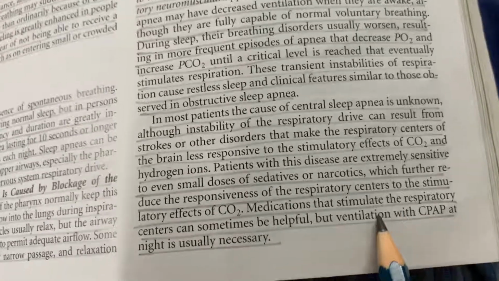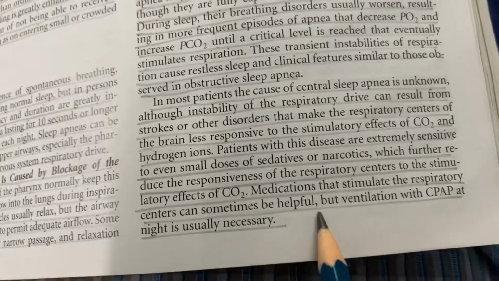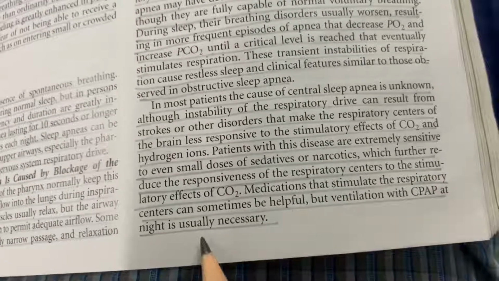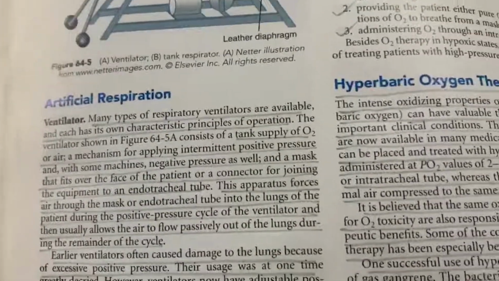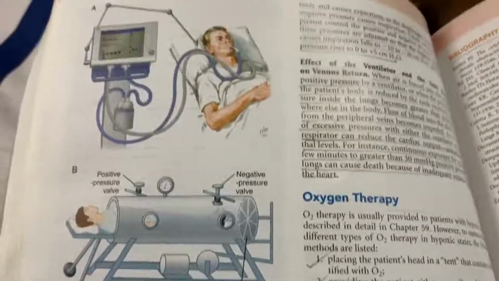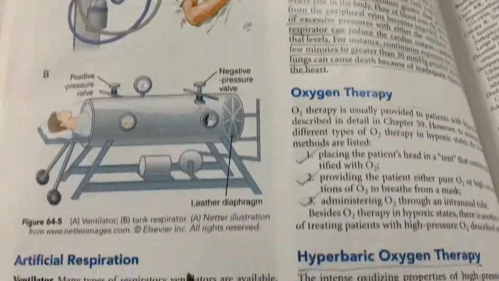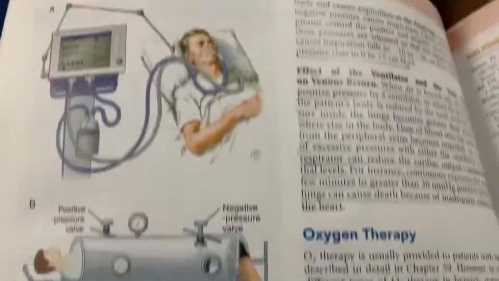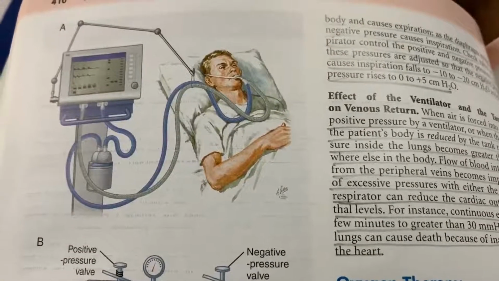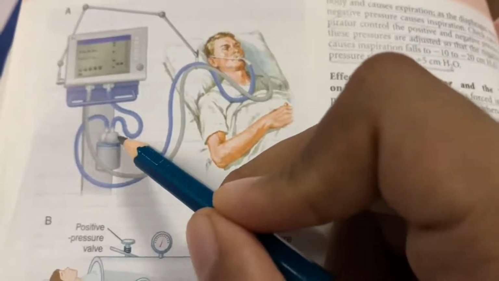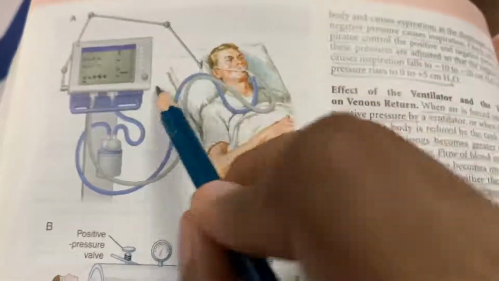Medications that stimulate the respiratory centers can sometimes be helpful, but ventilation with CPAP, continuous positive airway pressure, at night is usually necessary. Now, coming to artificial respiration, let's talk about ventilators. Many types of respiratory ventilators are available, and each has its own characteristic principles of operation. In this figure, you can see the ventilator, which has a tank supply of oxygen or air, and a mechanism for applying intermittent positive pressure,